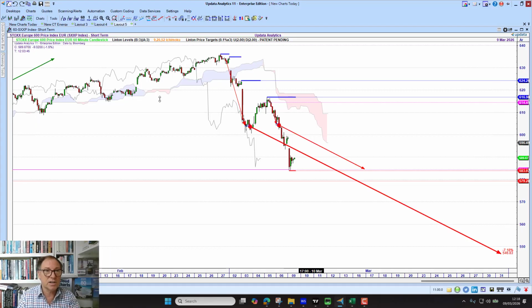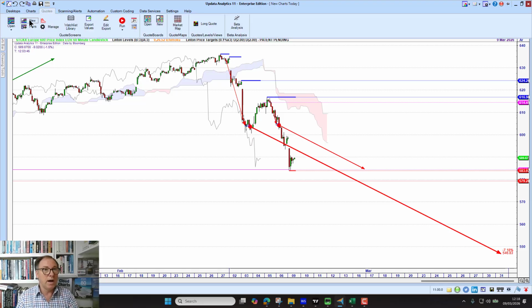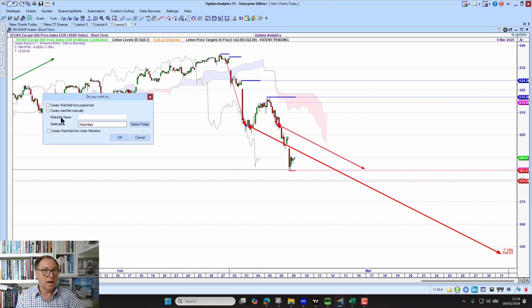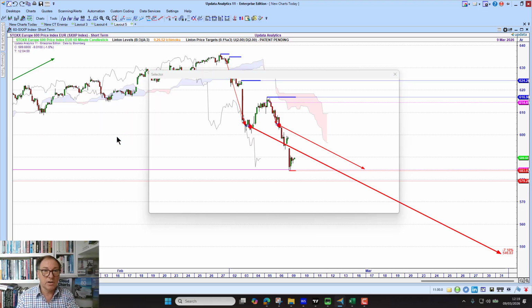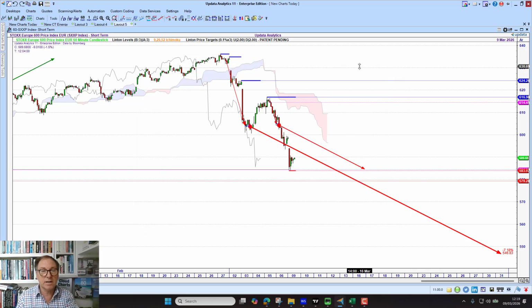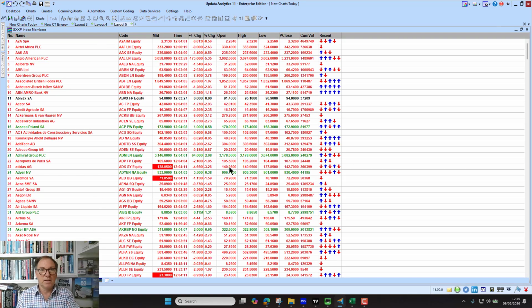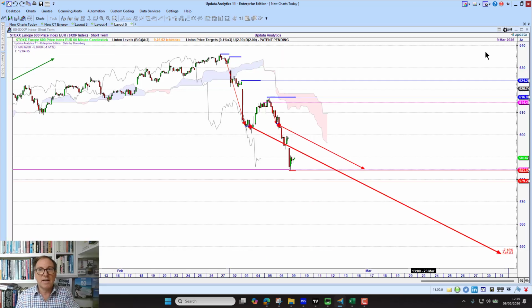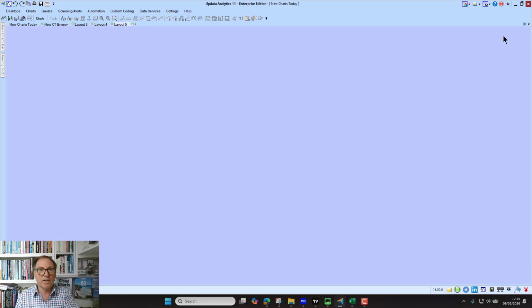But Bloomberg actually has a brilliant tool for creating a list. You can just go new, and say create the watch list from paste to text. You can paste it manually, but Bloomberg has this feature which is get index members. You click OK on that, and then in your Bloomberg you type the code and it will create a list from any index. So it's really, really powerful. Now, I've already done that. So there's my list of the Euro Stoxx 600,